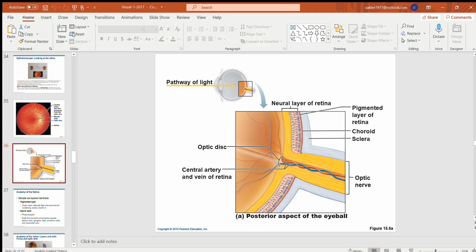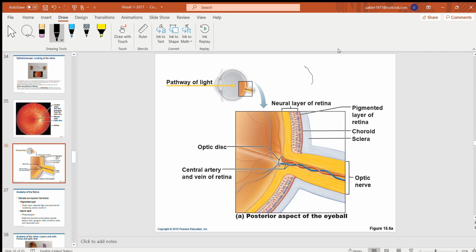As you know, the retina is only located in the posterior part of the eyeball. It is the innermost layer of the wall of the eyeball and is located only in the back part of the eye. So what happens, if you see, this is the back part of your eye, and the